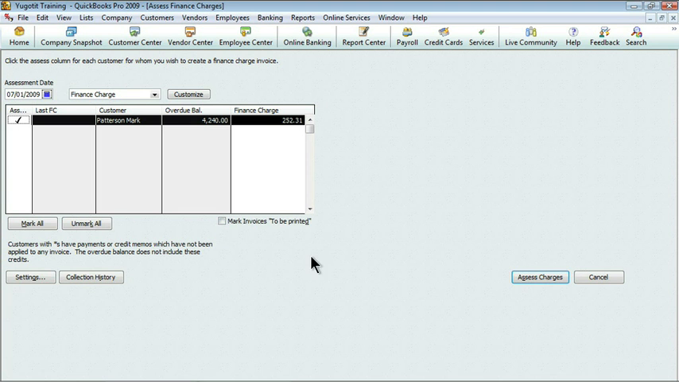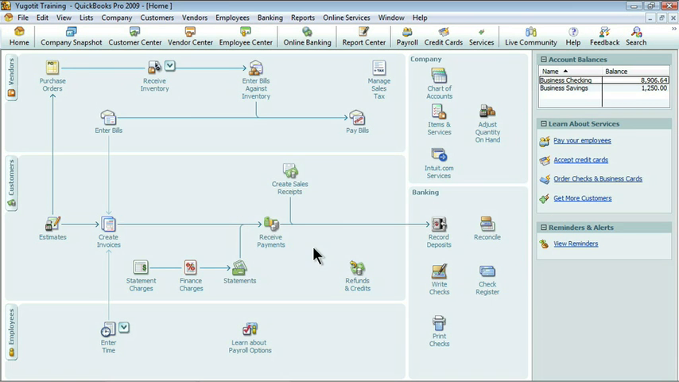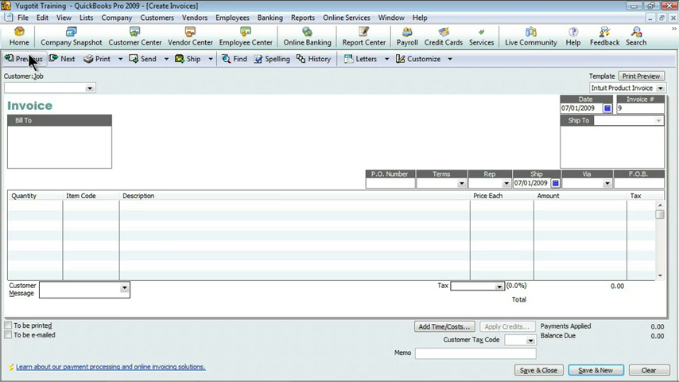I'm not going to. If I needed to go back into my preferences, I could click the settings button, or if I'm ready to just assess the charge, I click that button on the bottom right. It closes out and you say, okay, great, what happened? Well, if I go back to my invoices and go to previous,